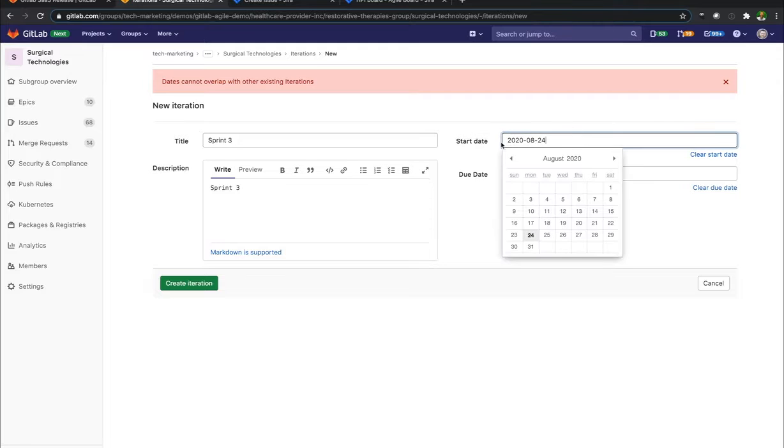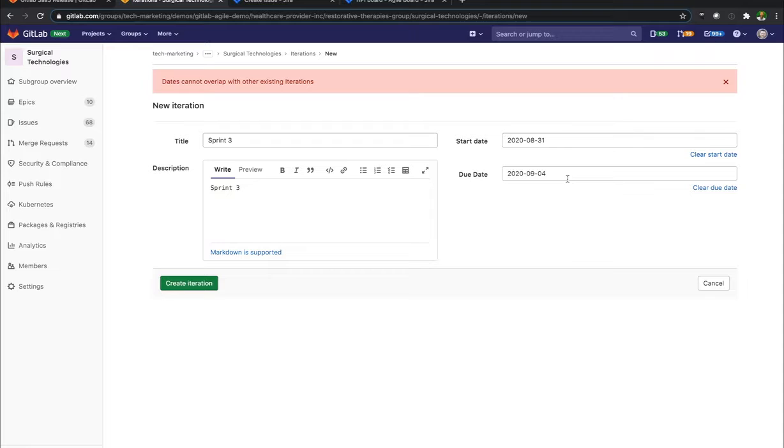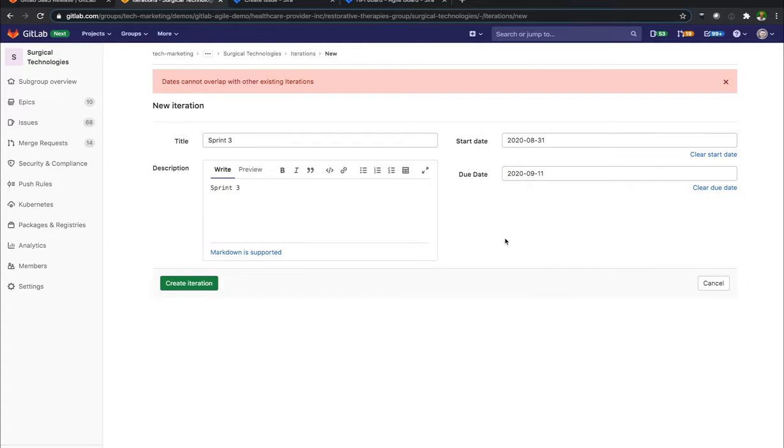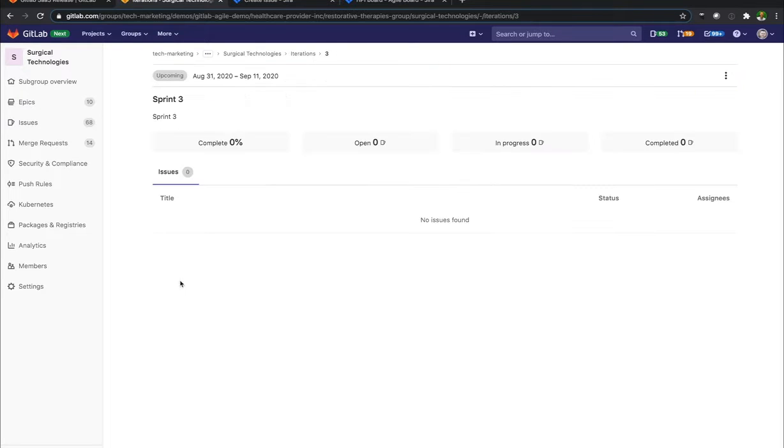So sprint 2 actually overlaps with August 24th. So I'm going to put that at August 31st, and to stick with a 2-week sprint, move to September 11. I'll create that iteration,